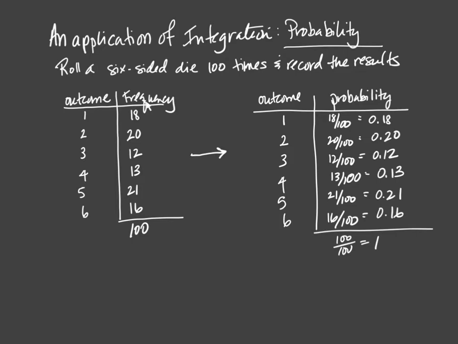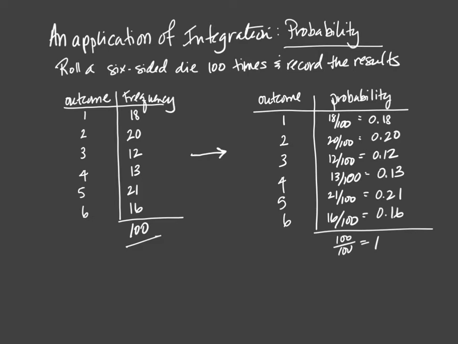Right here are my frequencies. So how many times did a 1 come up when I rolled the die? How many times did a 2 come up? A 3, a 4, 5, 6, etc. So we'll notice that the total is 100. From that, this is the experiment that I did, I can use those frequencies, how many times that number of dots came up, to predict or come up with a probability based on those outcomes.